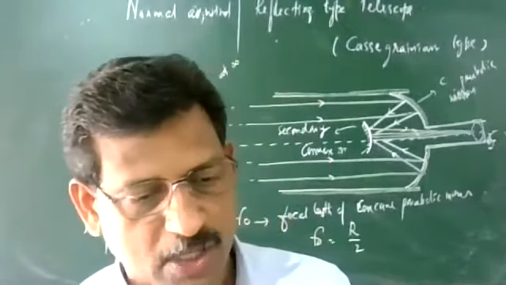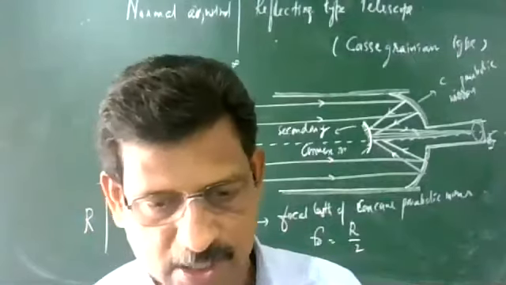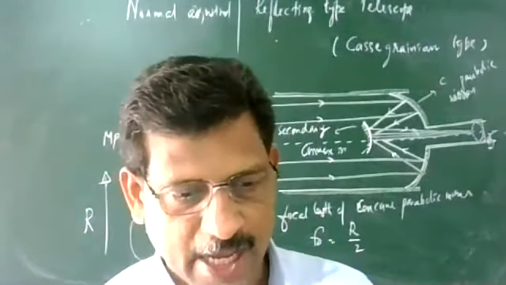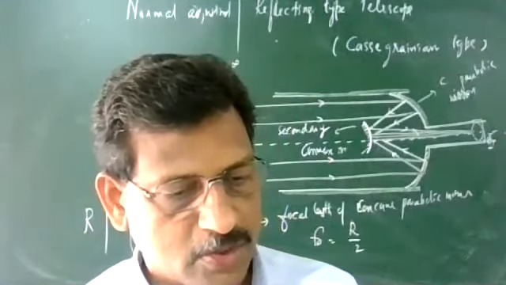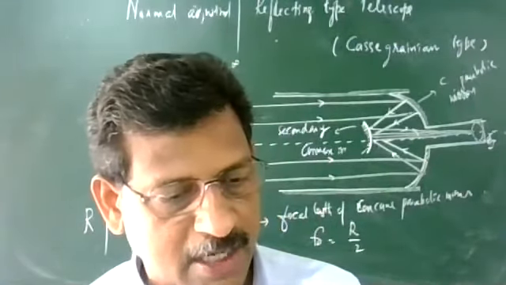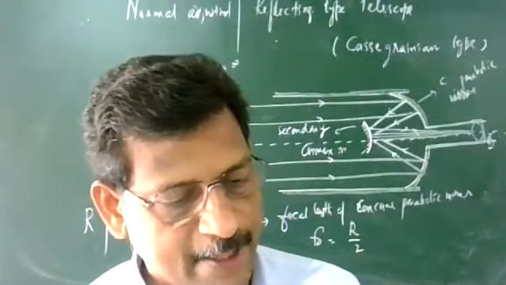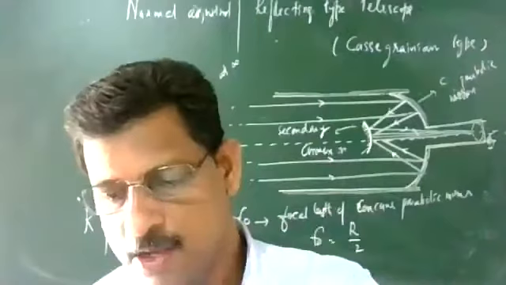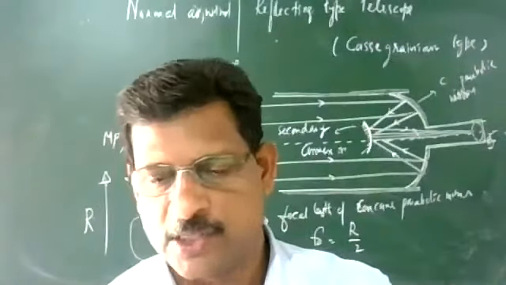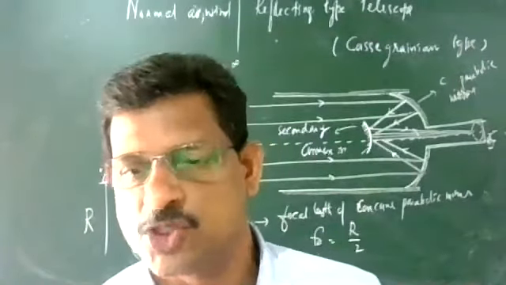These are the important points. They can be asked for 3 marks. The spot diagram, I think all of you completed. All the diagrams of optical instruments you have to complete in the copy. This is a schematic diagram of the reflecting type telescope called Cassegrain, and it is here on the board. You should complete it. The last point is, what is the resolving power of an optical instrument?